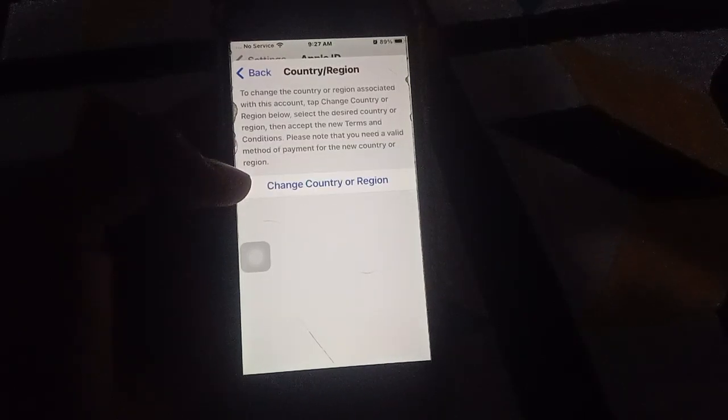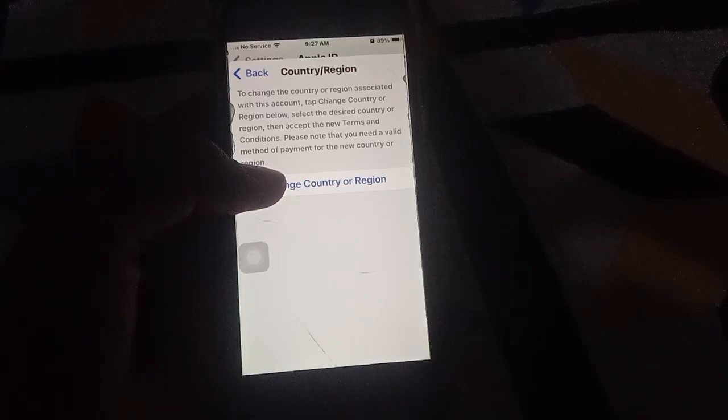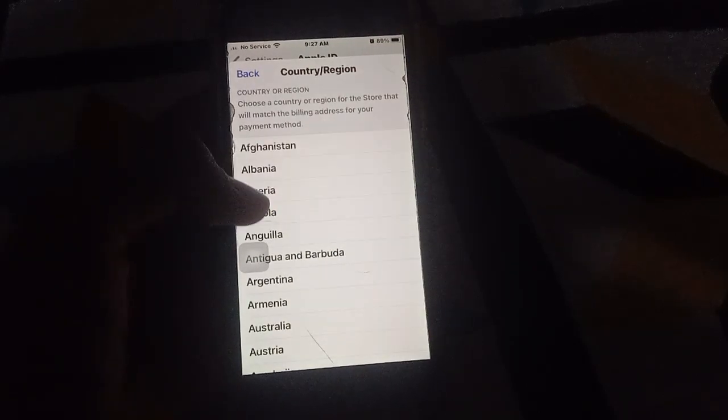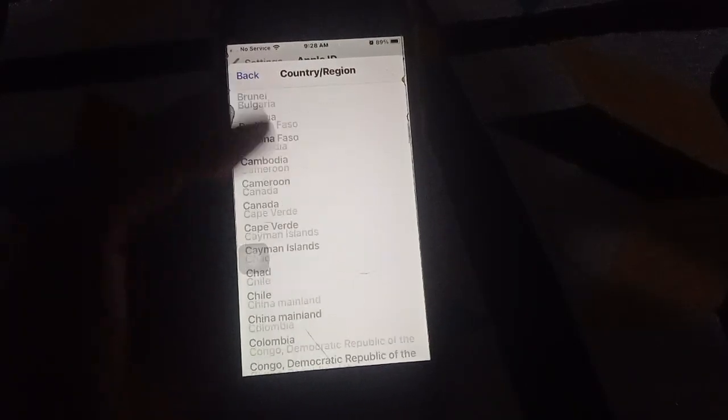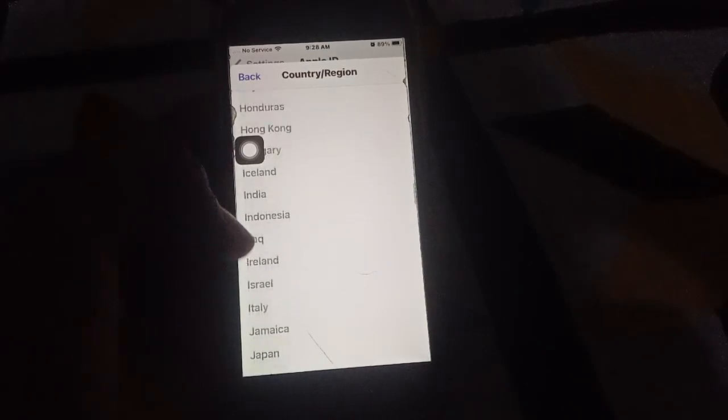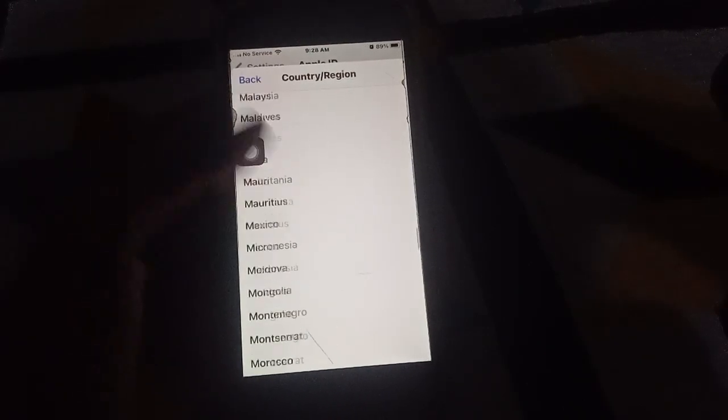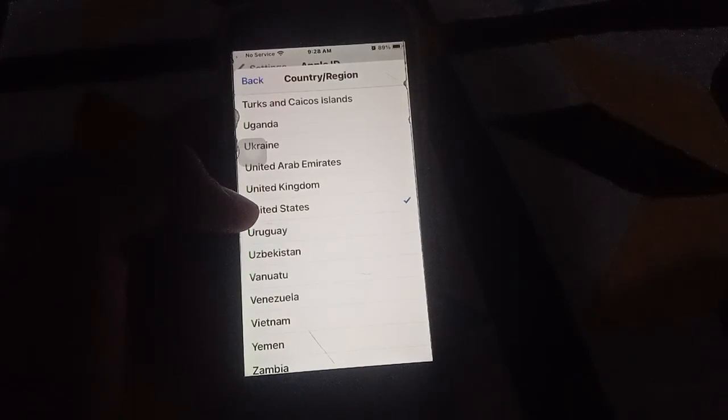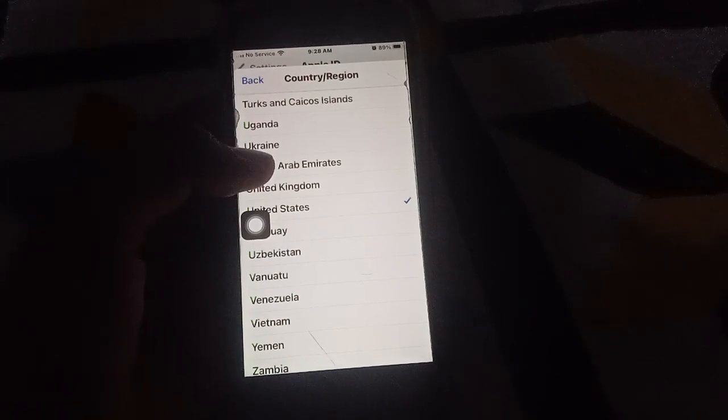Then wait some seconds, and you will see Change Country or Region on your iPhone screen. Click on it, and you can change from here to any country you want. I have selected United States first, and this time I will change it to United Arab Emirates. Then click here, and then